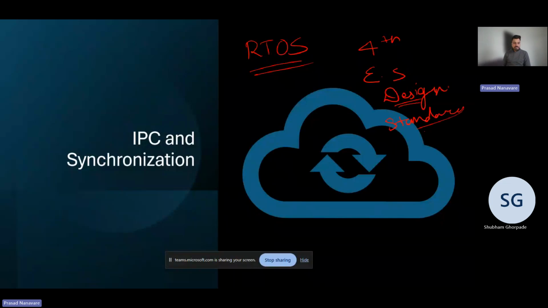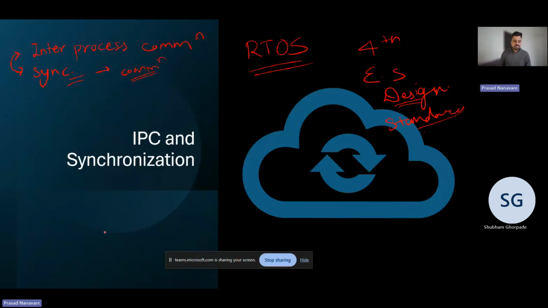During the last lecture, we studied IPC and synchronization in RTOS. So what is IPC and what is synchronization? IPC is basically inter-process communication, and synchronization is different from this. We cannot use these terms interchangeably. IPC is exchanging messages, possibly for the purpose of synchronization, but synchronization does not mean communication. Synchronization means